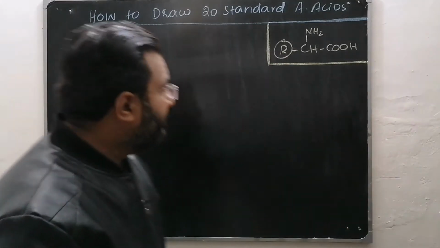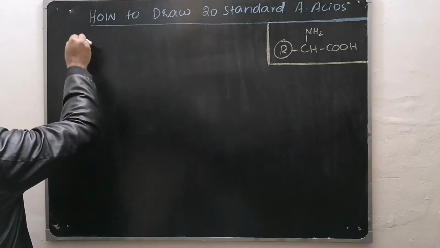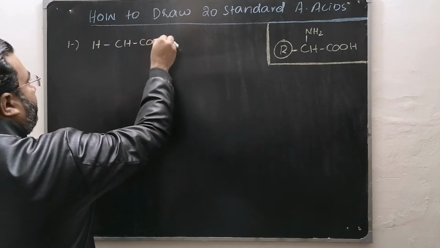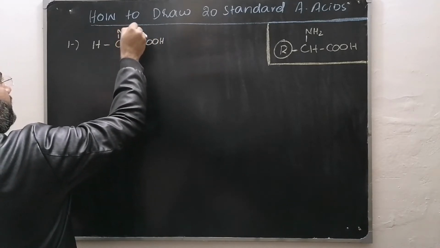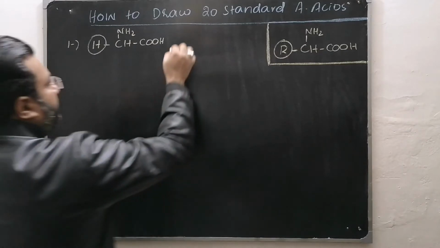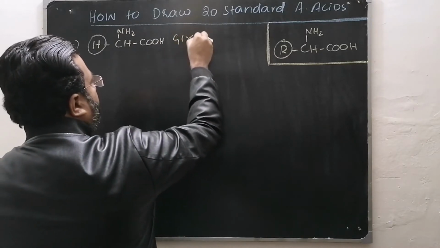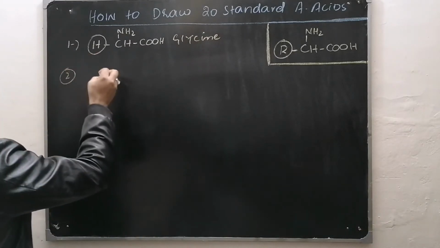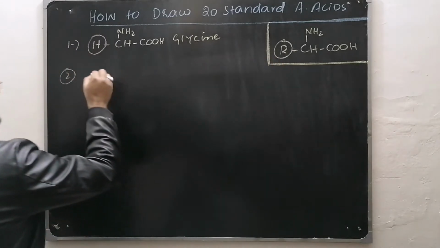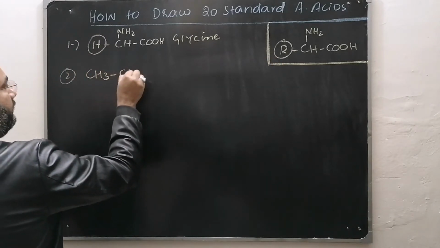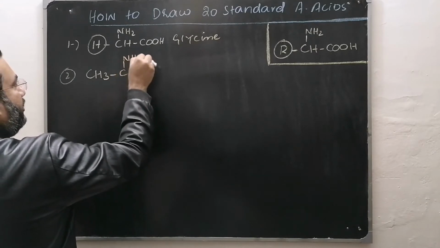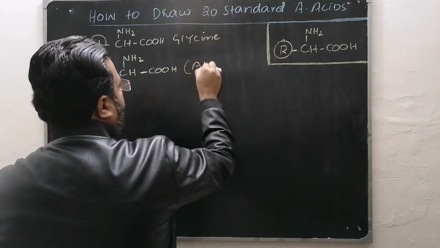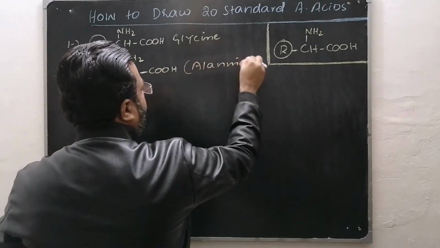Now let us discuss how they differ with respect to the R group. The first amino acid is the one in which hydrogen is placed at the place of the R group, that is glycine, which is the simplest amino acid. Now dear students, if at the place of this R you write down a methyl group, while the common part remains the same, then that will be alanine.